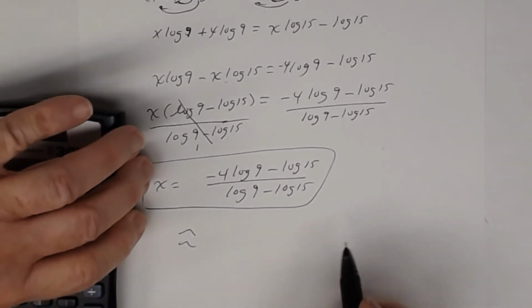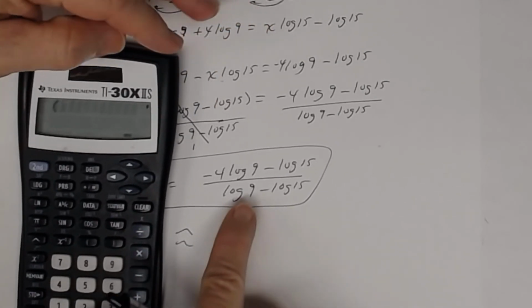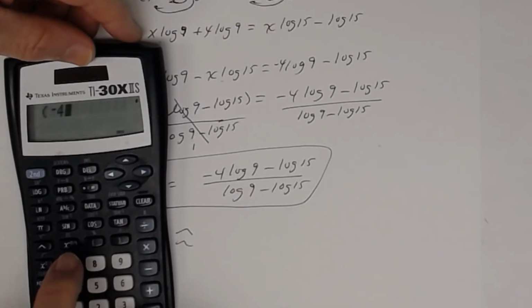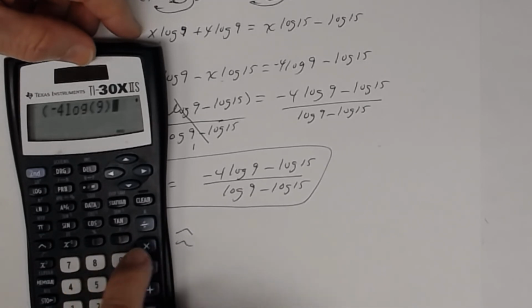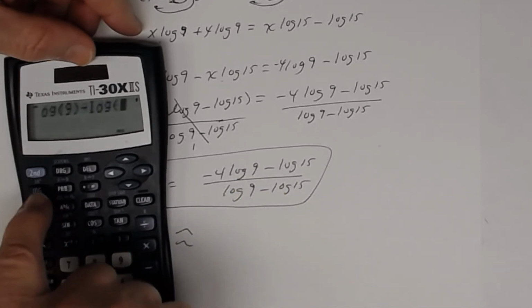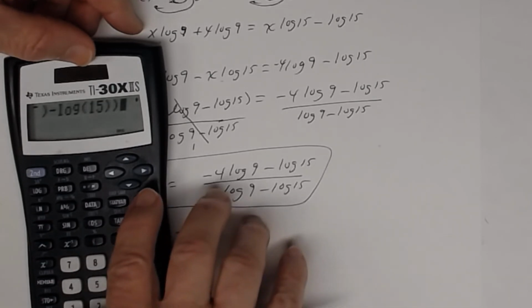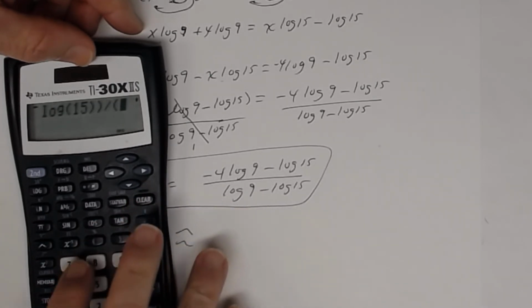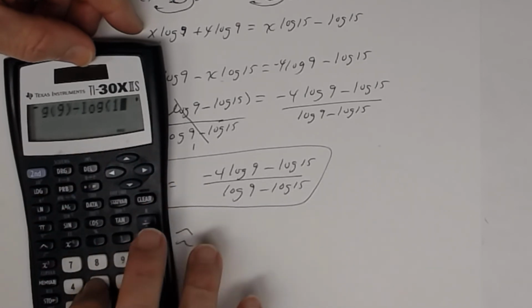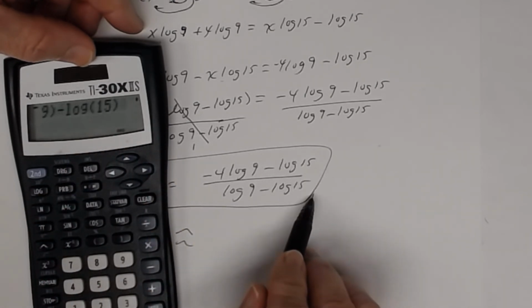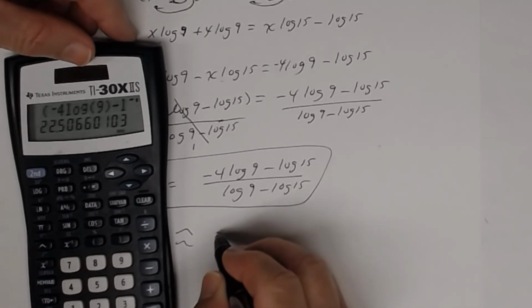Now let's go ahead and approximate this. So remember, if you're going to approximate in your calculator, put both of those in parentheses. So in parentheses, the numerator, so negative 4 log of 9, close at 9, subtract log 15, close at 15. Don't forget though, you had an outer parentheses, right? So don't forget to close that. Divide by, and then parentheses in the denominator, log 9, close at 9, subtract log 15, close at 15. Don't forget though, you have that outer parentheses here that you have to use. Okay, that's this right here. And then press equal,